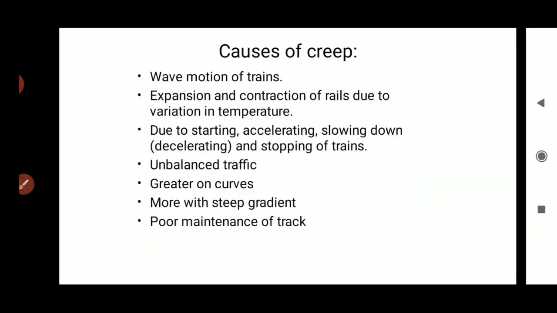Then next is causes of creep. So what are the causes for which the creep is occurring? The first point is wave motion of train. The creep is developed due to the wave motion of wheels on rails. Due to movement of wheel loads on rails, the rail deflects as a continuous beam and crests are formed near supports. That means